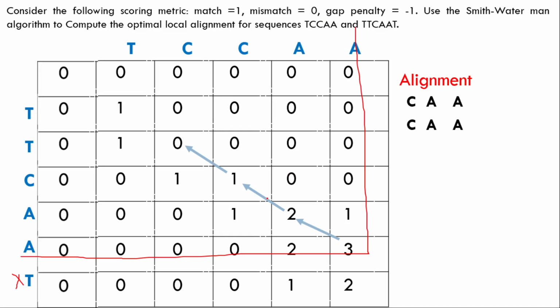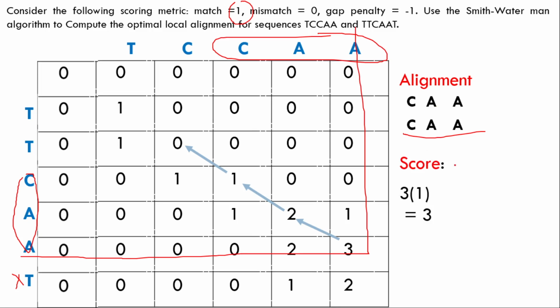Then see the arrow number 2. Again, one A you have to write down here, another A you have to write down from here. Then arrow number 3, you have to write down C and then write down C. So only 3 bases are matching, C A A and C A A. And you can cross verify whether you have done it correctly or not, since you know that for each match we have to put 1. So there are 3 matches, so the total score should be how much? It should be 3. And you can see this score 3 is matching with this one,